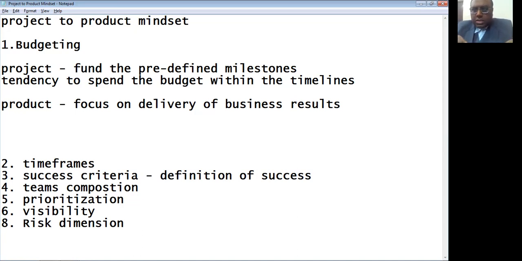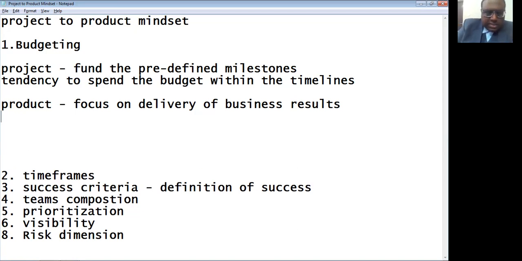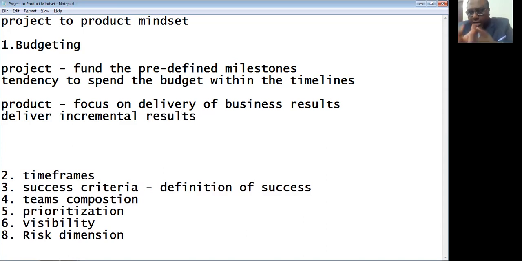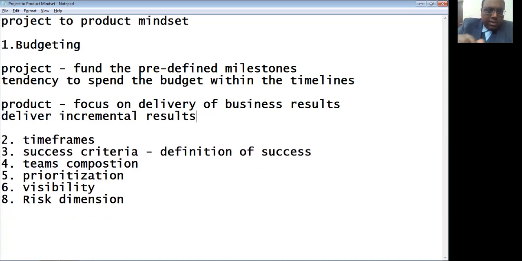Next, in a product based mindset, we are trying to deliver incremental results. For example, in sprint one, possibly I will have an MVP of the product. I will validate it based on the outcome, then take a decision whether to continue funding or not. So always keep this in your mind: whenever we talk about a product mindset, there will be an element of agility, responding to the market rather than just following a plan. Okay, fine, so this is the second thing.